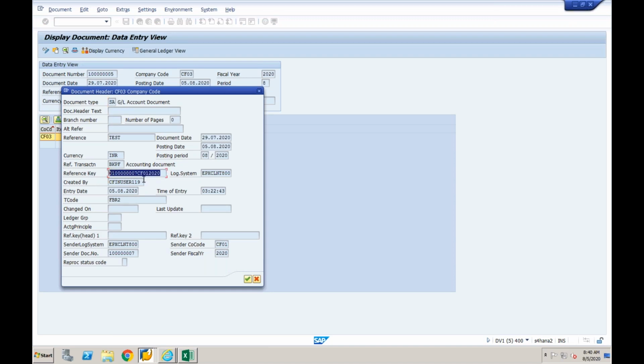So this document is coming from, you can see logical system ECC. In the target system, it is showing us that this document came from this logical system. And in our logical system, you can see the combination of document number. So this is 10-digit document number. This is your source company code, and this is your source fiscal year,